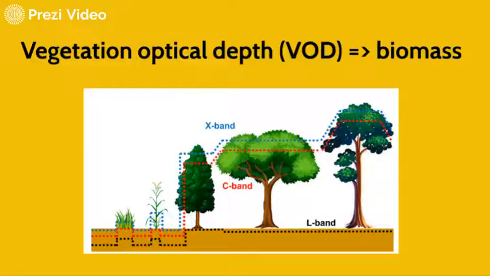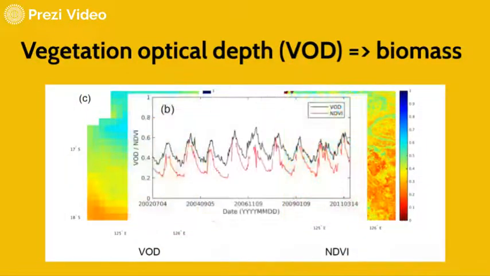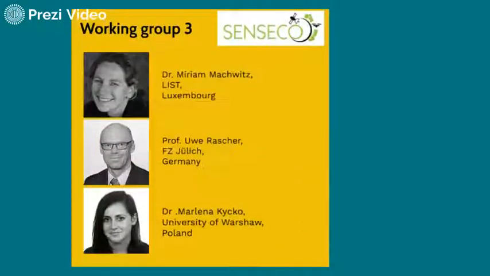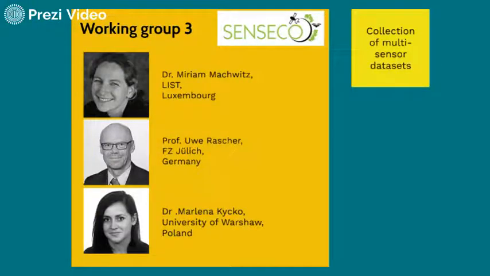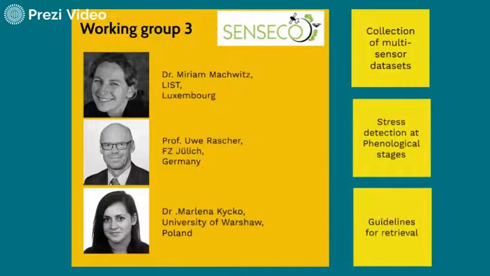Also, vegetation optical depth from radar is related to biomass and seasonality, discussed in the previous video of Working Group 2. That was it. 3 domains: optical, thermal, microwave. The synergies are governed by Working Group 3 and Miriam, Uwe, and Marlena in the collection of multi-sensor datasets, stress detection at phenological stages, and